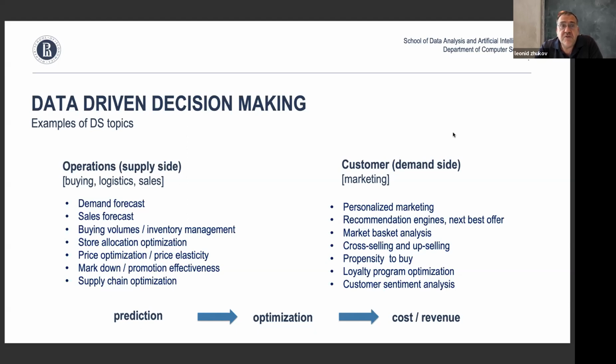And finally, there are, of course, supply chain optimization problems, right? So how to deliver, when to replenish the stock, and how to do it optimally. So that's operations. And there is a big overlap here between data science in terms of predictive analytics, but also operations research optimization problems. On the right-hand side here, I'm showing the customer demand side, and